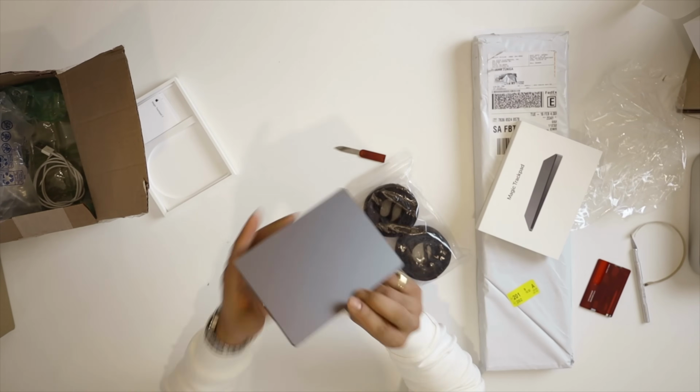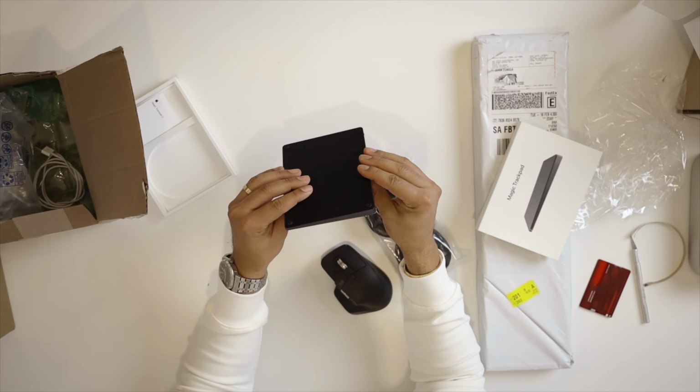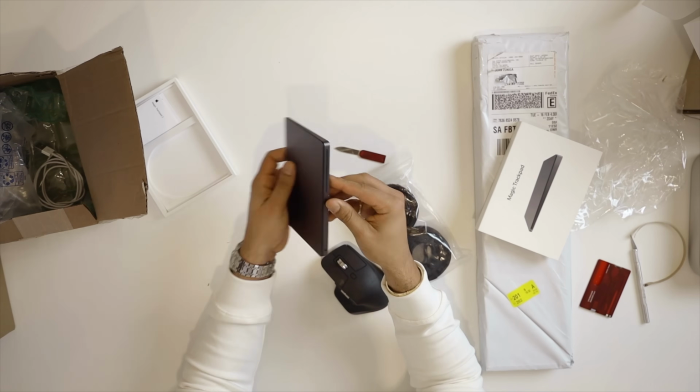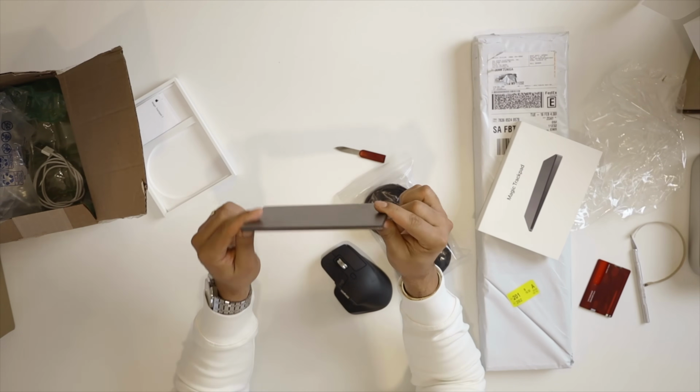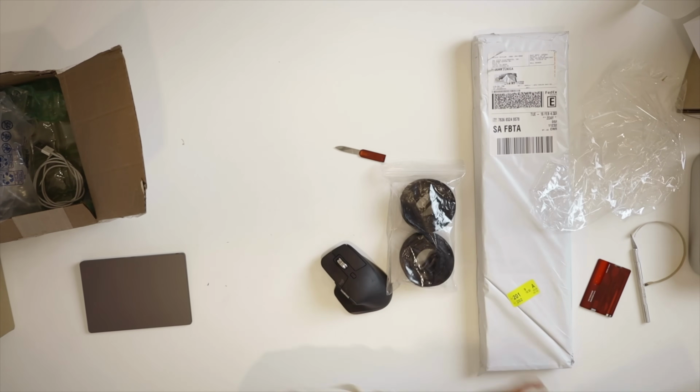So I got the space gray to match my whole black and white setup. And look at this thing. This thing was used, but it's almost in perfect condition. So I'm gonna use that, and then on top of that,